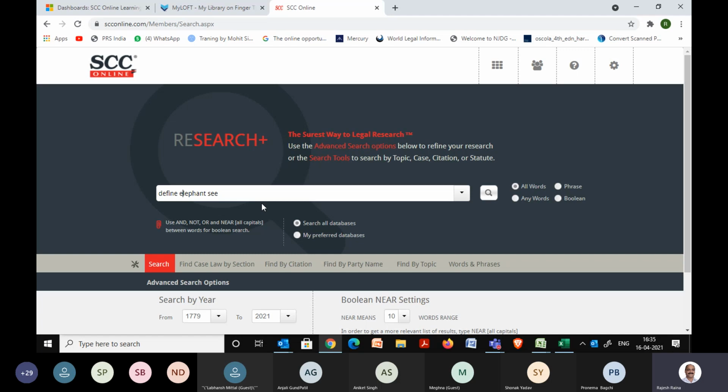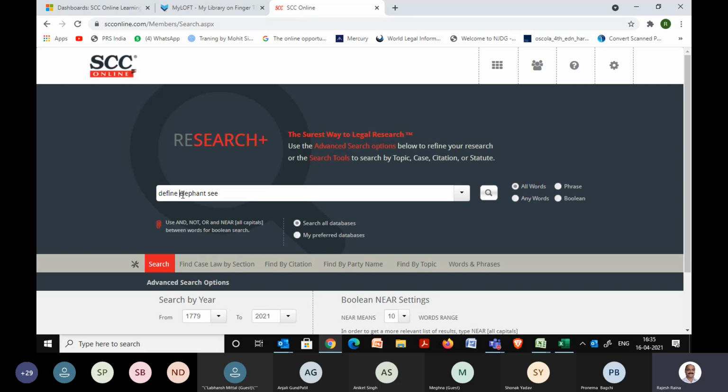And second, it will search for all these common words like and, of, the, which are 100% going to appear in each and every document. So it will give me a plethora of results, huge results. And from among those, searching for my relevant judgment, which forms a sentence of sorts, will be like searching for a needle in a haystack.